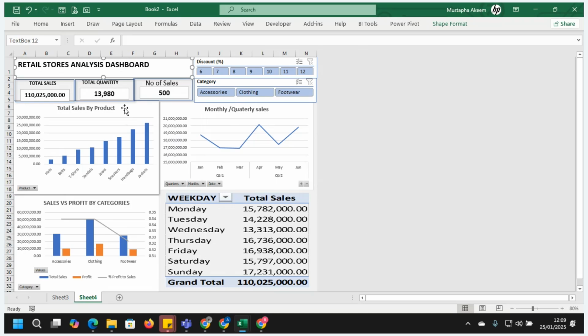You can do product analysis: number of products sold, quantity sold by product, on a monthly basis, products quantity sold by category, by weekday, by weekend. All those things can be used to do the analysis.